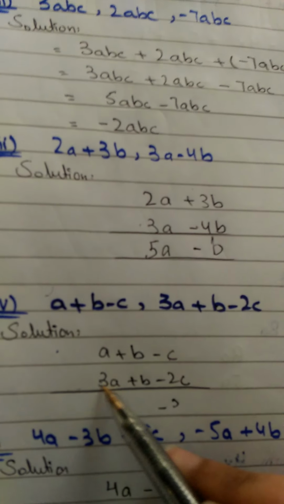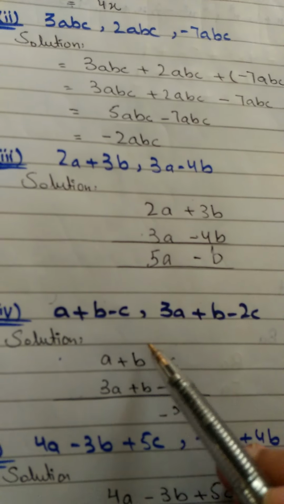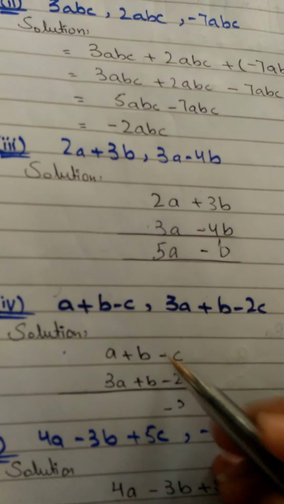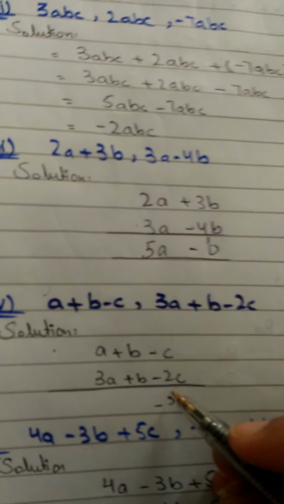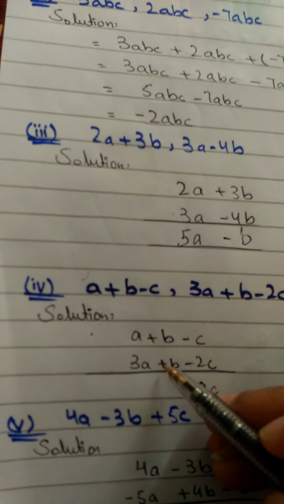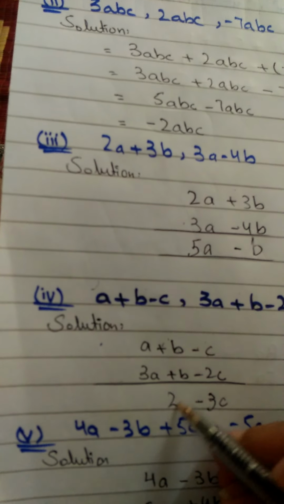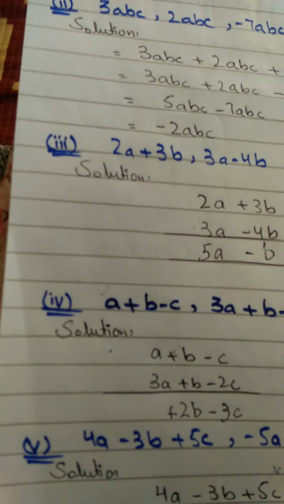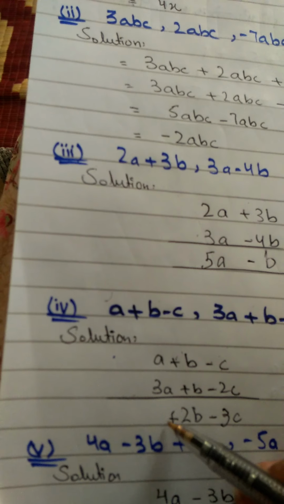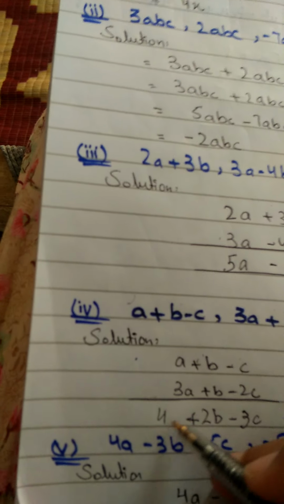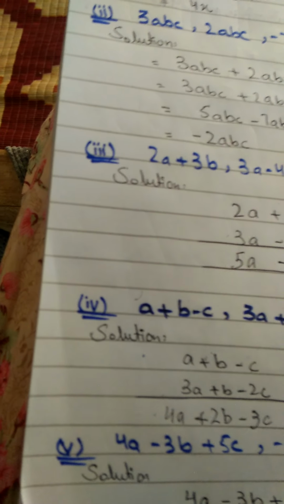And the sign of greater value will be assigned. Coming to the next part, a plus b minus c, 3a plus b minus 3c, writing these two algebraic expressions vertically so that the variables are below each other. Now minus minus plus, these two terms should be plus. 2 plus 1 we get 3c, and the sign of greater value will be assigned. Now plus plus plus, 1 plus 1 is 2b, as both are the same value and having the same sign, so the same sign will be allowed. Now 3a and a will be added to get 4a, and the sign of greater value will be assigned.